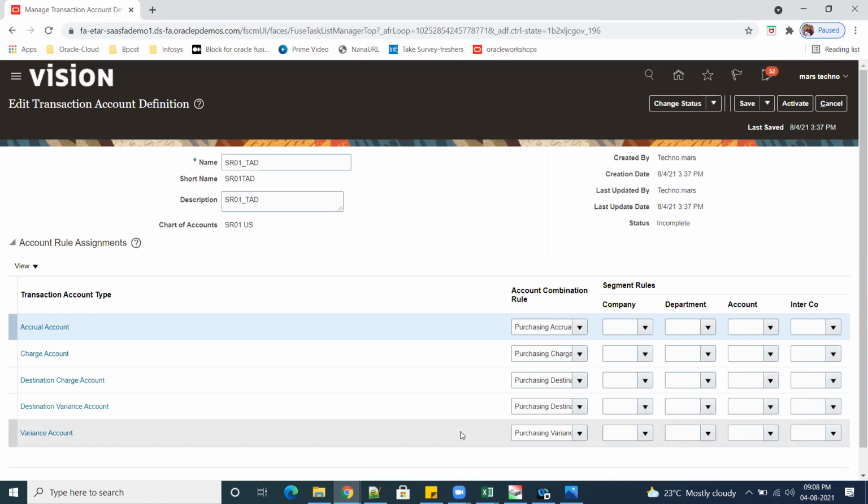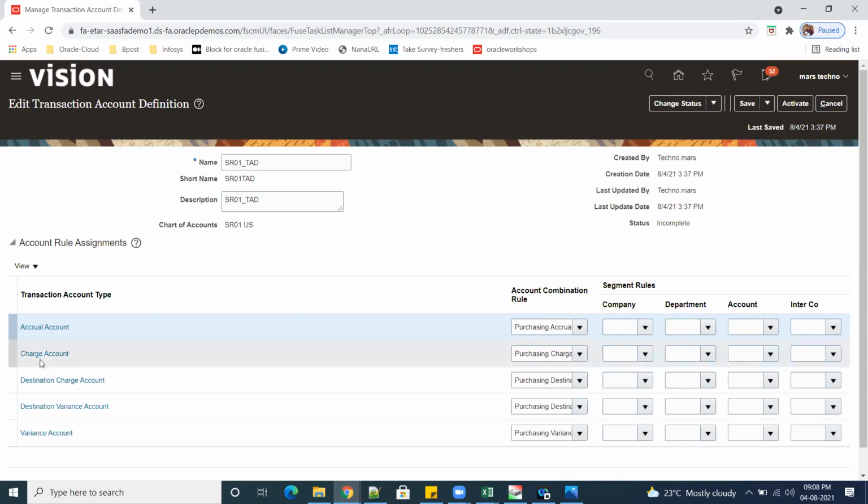So now, either you can go with the seeded accounting combinations, or, for example, let us say the charge account. The charge account came from the purchasing charge account rules.